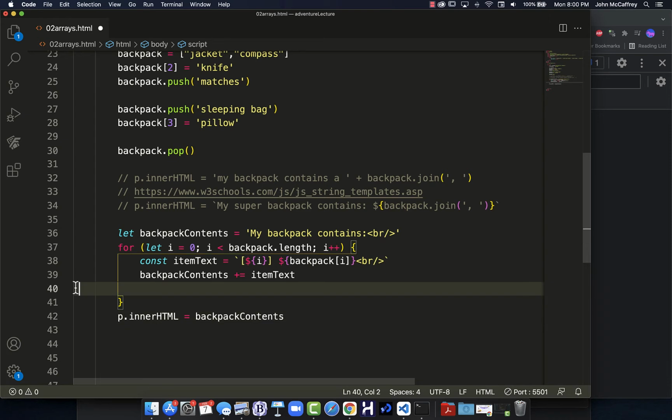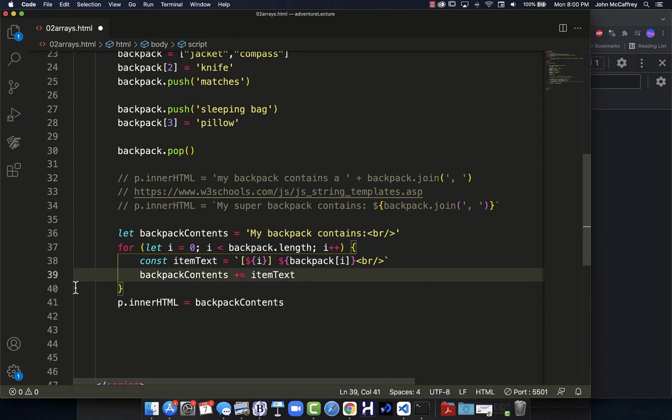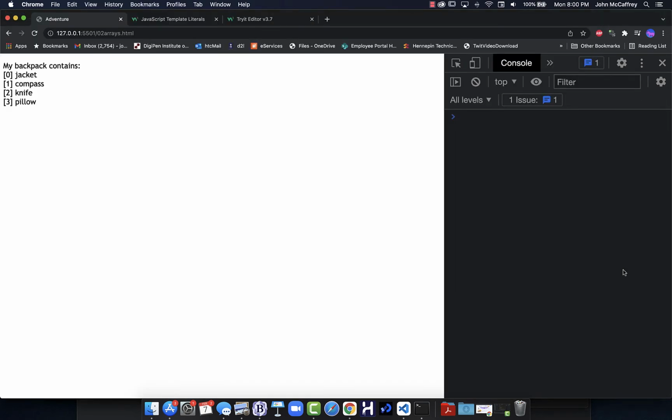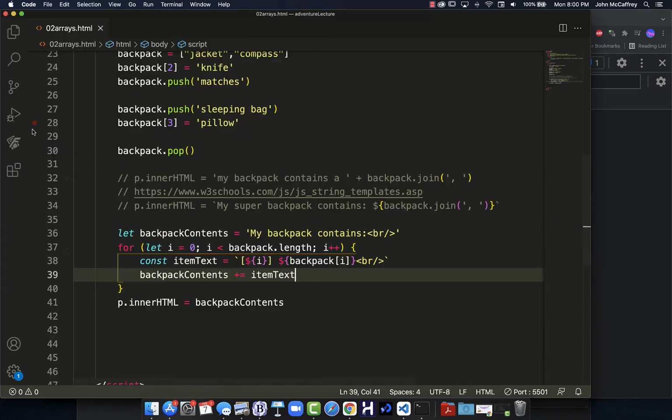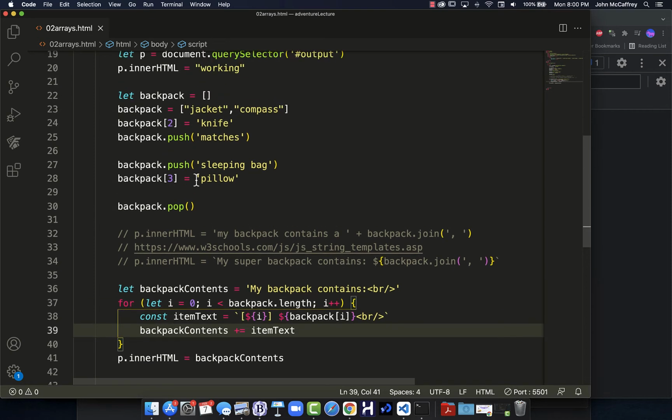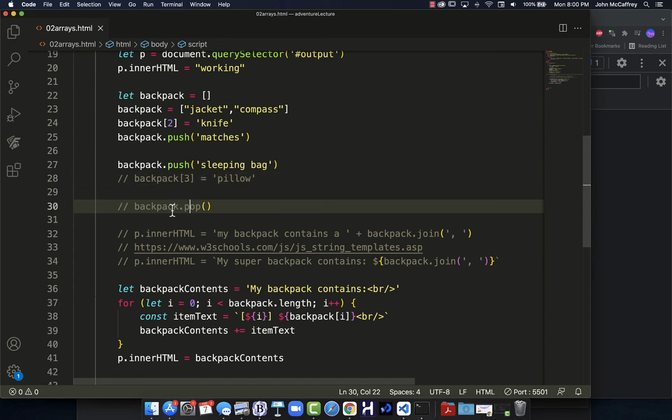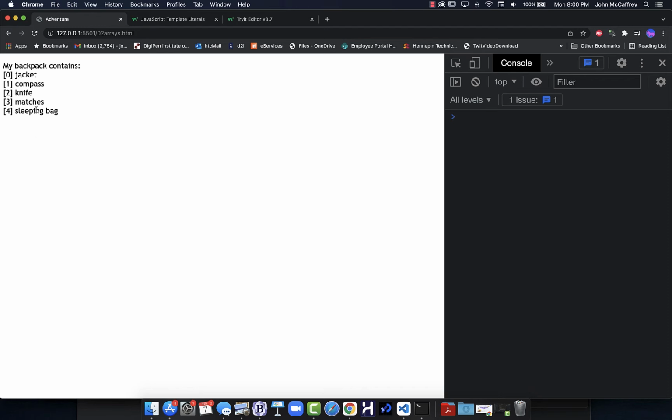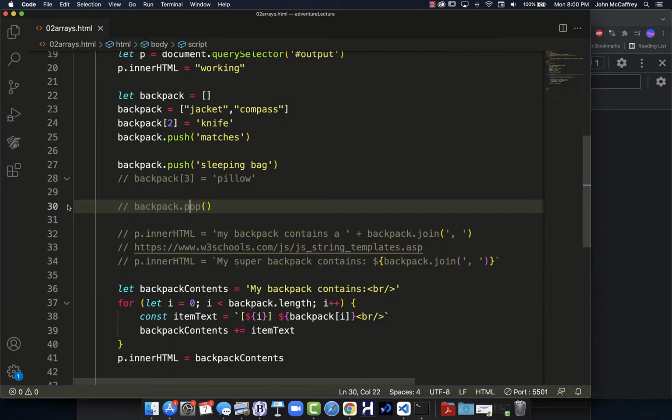So what we've done is we're going to use this for loop to go through the array, and it's now going to add them to it. Now let's see what we get. My backpack contains at position 0, compass, knife, pillow. Now if we undo some of these things or change them, now I don't need a pillow because I'm tough and sleep on the ground. I'm going to get rid of pop here because I don't want to lose it. Now let's see what it looks like. So now we can see 0, 1, 2, 3, 4, jacket, compass, knife, matches, sleeping bag. Okay. So it's now showing me that